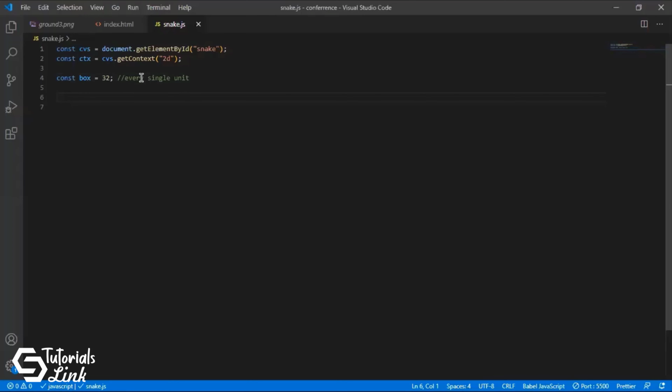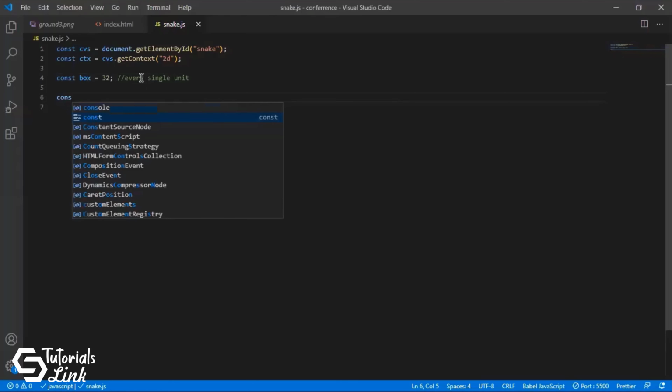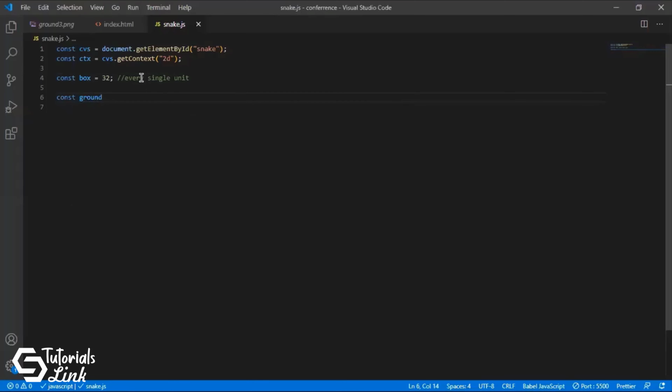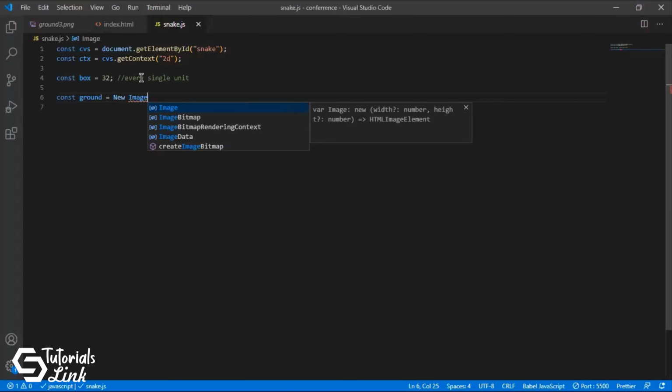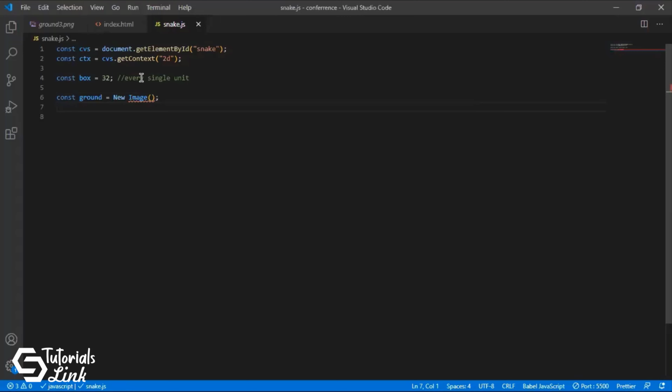Then I will get the ground, the food image, and the snake. To get the ground, I'll use constructors. So for that, I'll use const ground equals new Image, because I'm going to use an image, and Image will be in capital, I guess. Yes, this will be in capital.